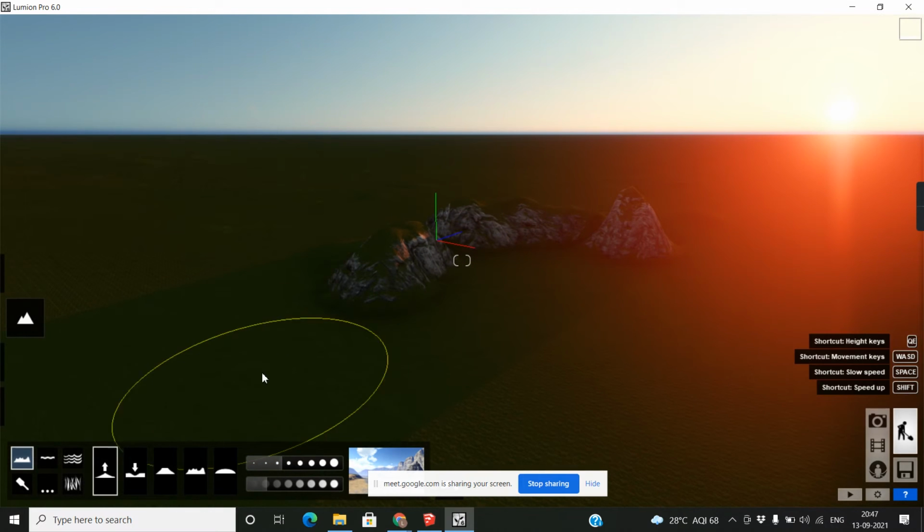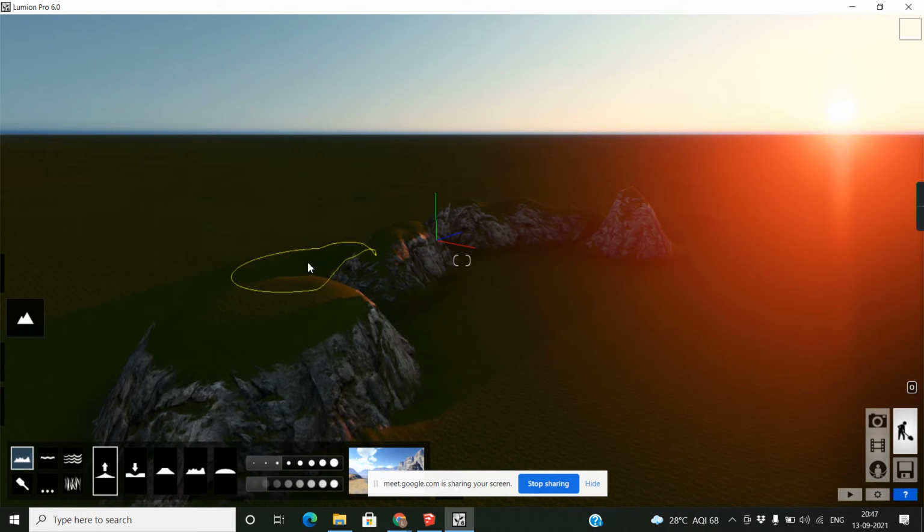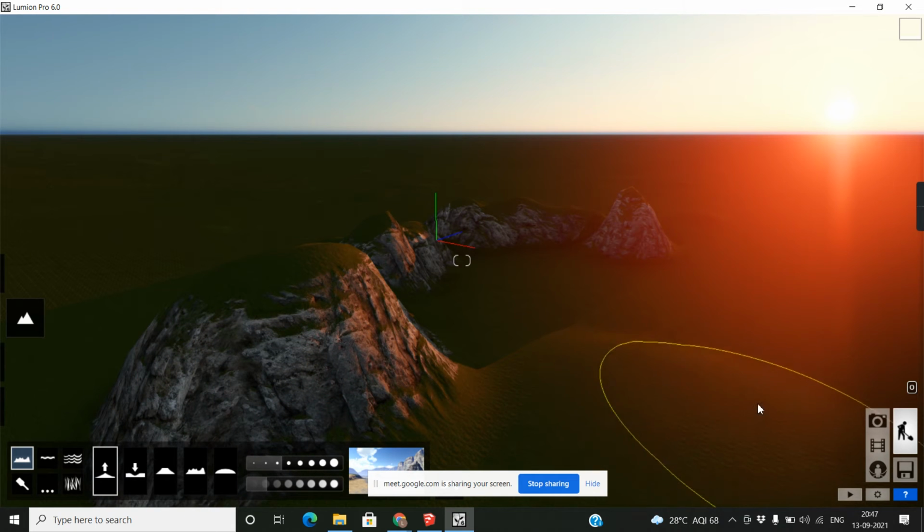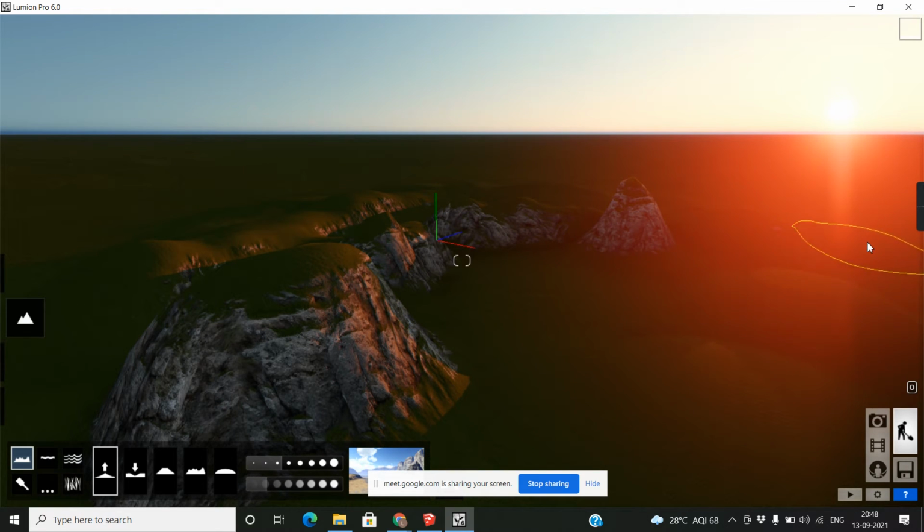I want to increase the brush size. And if you want to go down, we have a lower option, just move and it will go down.